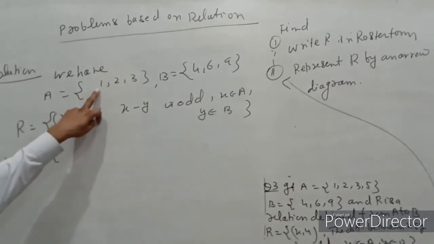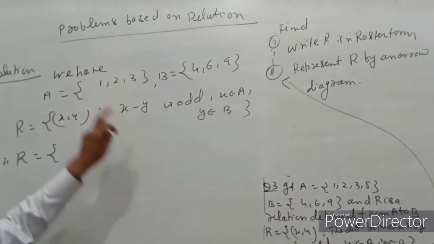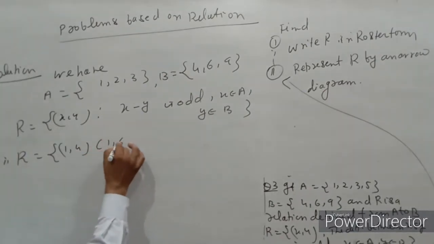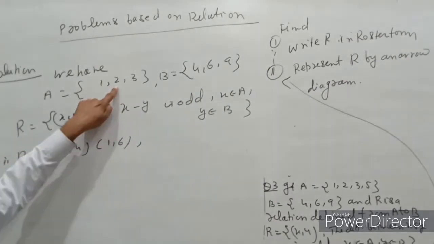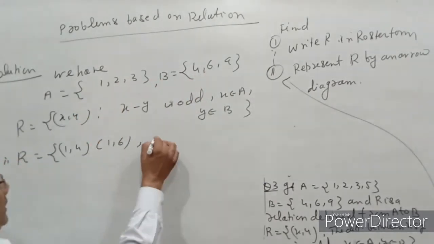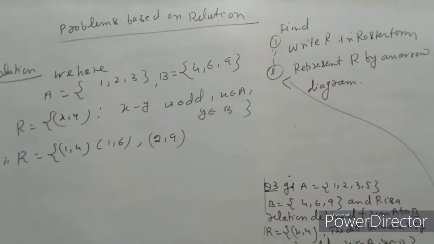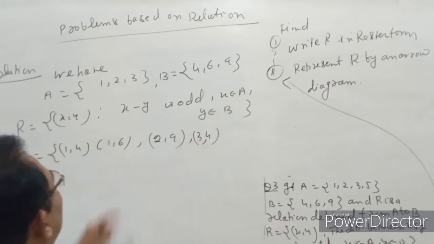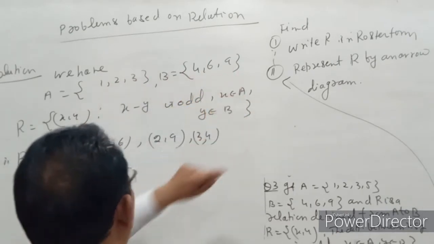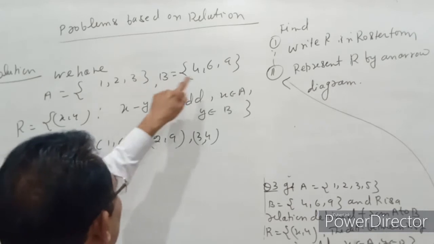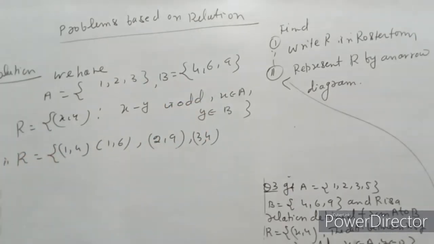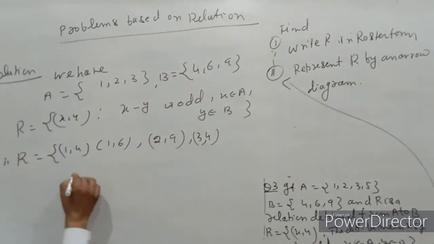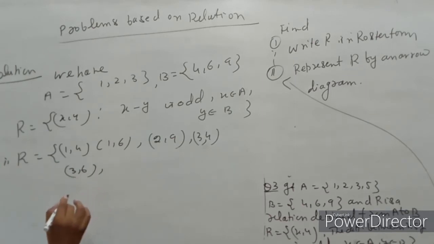अगर हम यहाँ देखें कार्टेशियन प्रोडक्ट फ्रॉम द सेट A to B, तो then (1, 4), the difference of 1 and 4 is 3, that is odd. (1, 6), that is odd. (1, 9), not possible. (2, 4), not possible, or (2, 6), not possible, or that is (2, 9), the difference between them is 7, which is odd, or (3, 4), (3, 6), yes, or (3, 9), both are odd.